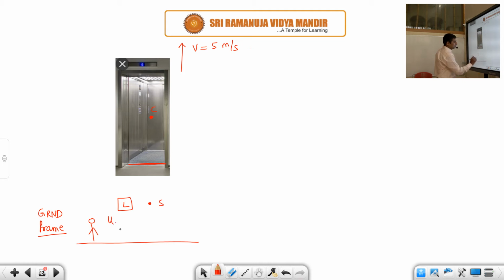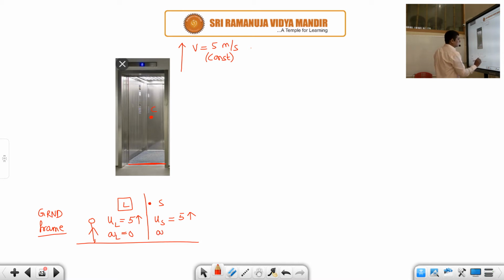So what are the values? What is the velocity of the lift, students? If I stand on the ground, the given velocity is 5 meters per second upwards. What is the acceleration of the lift? Since the velocity is constant, its acceleration is 0. Now let us see for the stone. What is the velocity of the stone? It is being dropped from the moving lift, so what will be its velocity? It is dropped, so should we write 0? No. It will have the same velocity as that of the moving object, which is the lift, which is 5 meters per second upwards.